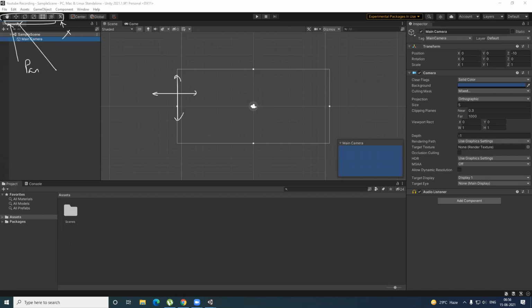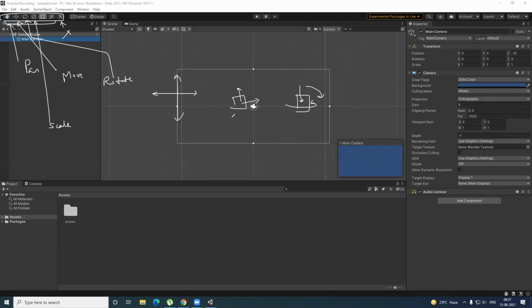This is the move tool. Let's suppose I have an object in this scene, say a square. If I want to move this object around, I can move it using the move tool. Then this is the rotate tool. Again, I have a cube and I want to rotate it on the x-axis, y-axis, or z-axis. I can rotate it on any of the three axes. Same for the move, but because it's a 2D game, the depth will not be necessary. And moving on, this is the scale tool.